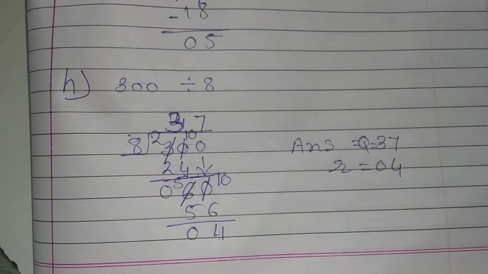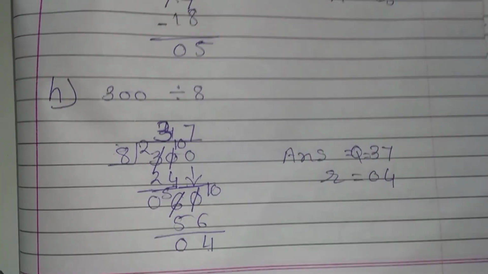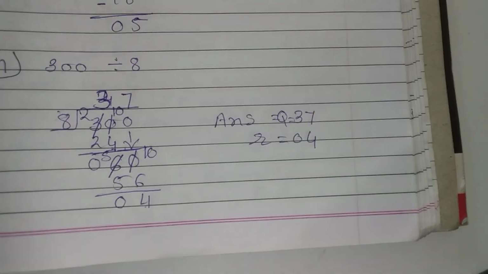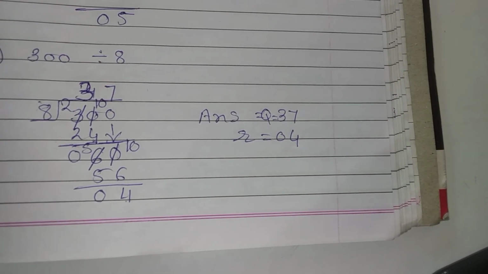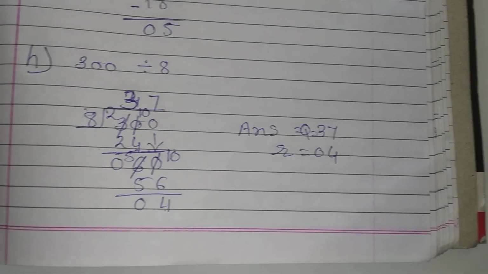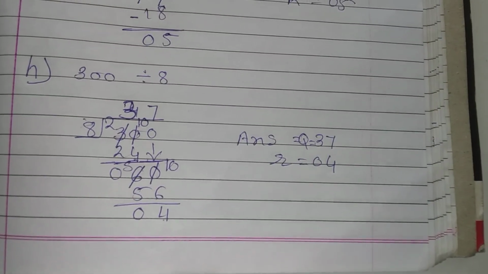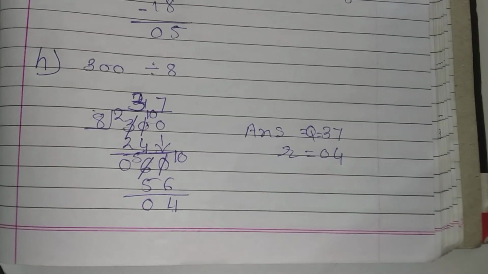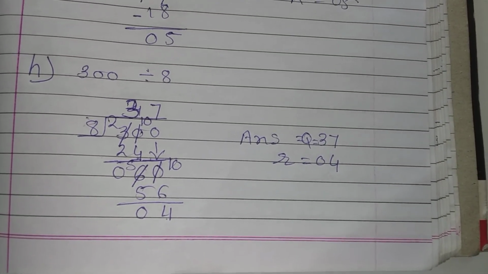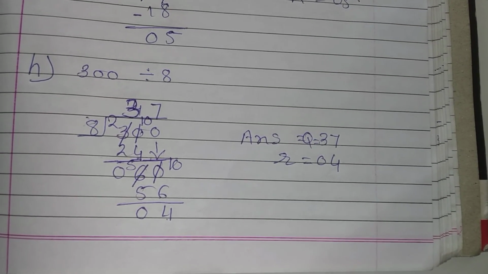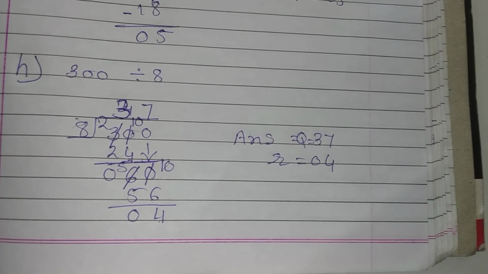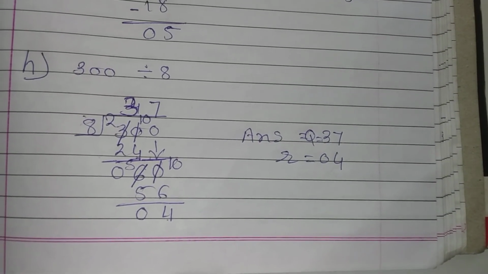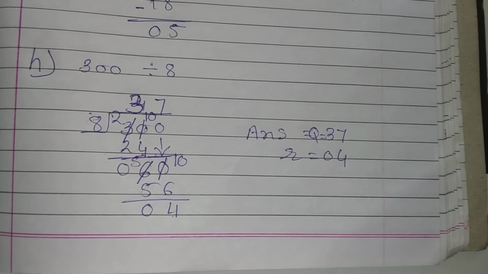Now I'll give you 1 minute, everyone. You have to complete your work. And your homework is: you have to complete question number 2 of worksheet number 22. We already did the add sums. Now your homework is the remaining sums, which you have to complete and write down in your notebook and send to us before 3 o'clock. Everyone, without forgetting, you have to submit the homework before 3 o'clock. Now complete your work first.